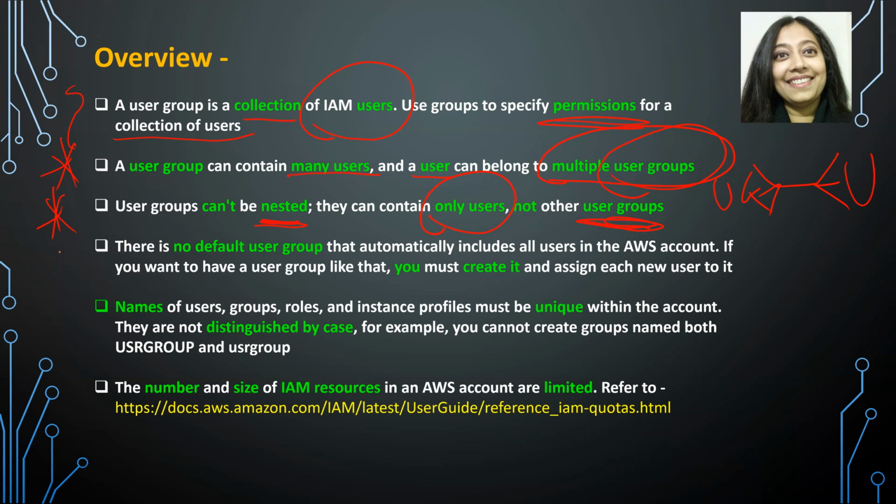Now, how would you go about creating this particular user group? Can you leverage the previous S3 read-only access user group? The answer to that question is no, right? So you will have to create a new user group that has full access to EC2 and also attach the policy that provides read-only access to S3 and then add the users to this particular group. So you cannot nest groups. That means it cannot have a parent-child relationship, or you cannot reuse the existing user groups. You have to create a new user group, and a user group can only contain users in it, right?